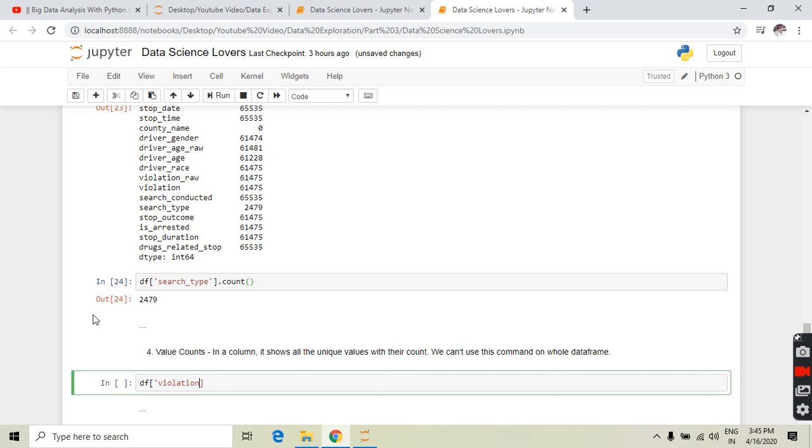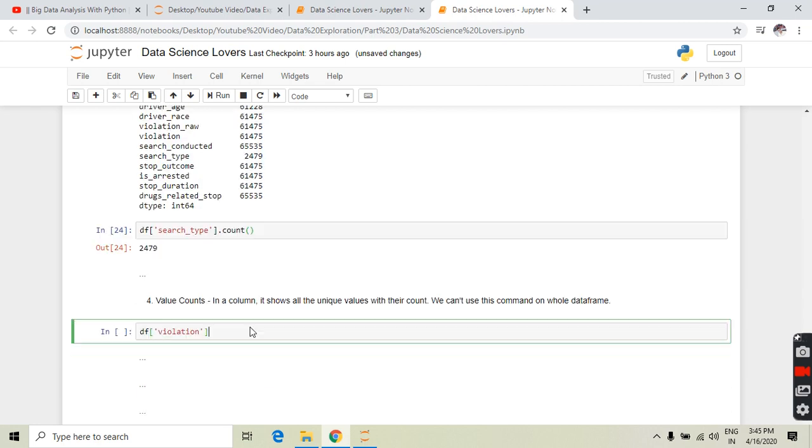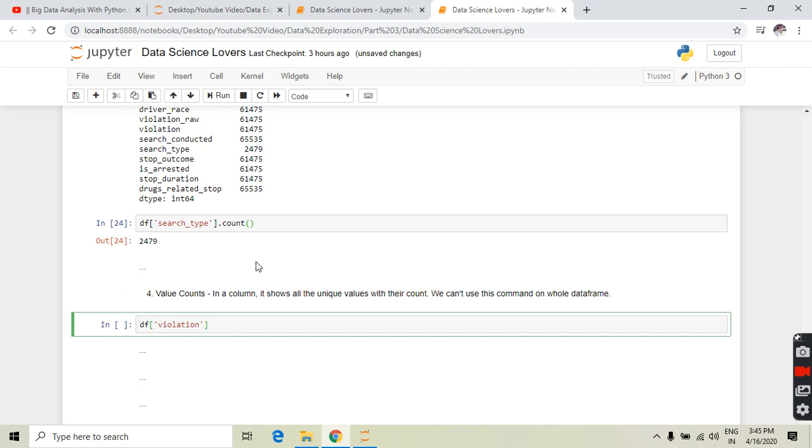this command is used to show all the unique values with their counts. It means there are unique values in this column, and it will show how many times each unique value is occurring in the column. Let's see now.